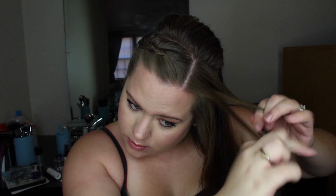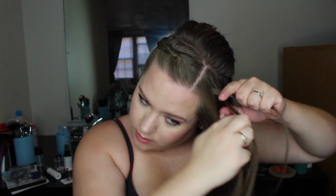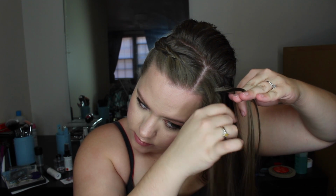Just taking regular old bobby pins and securing the braid in the back of the head. Now we're going to take this side and do this same thing we just did. Again, split it into three and start braiding, making sure the middle piece always goes over